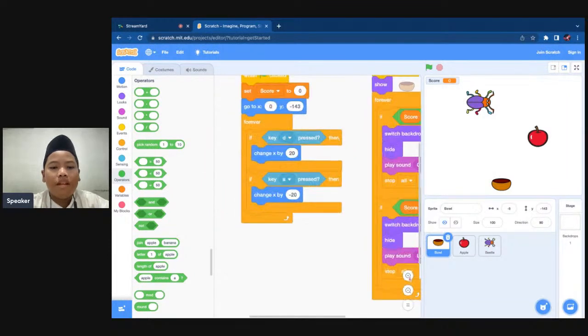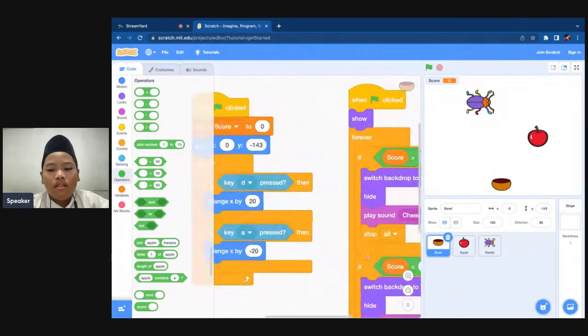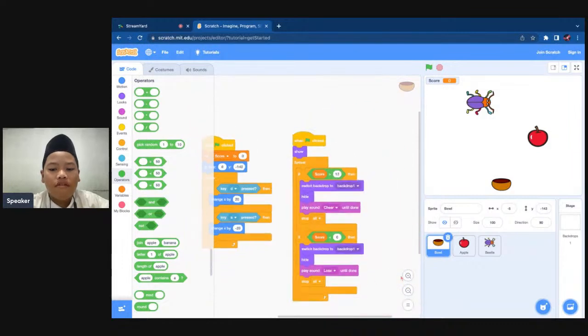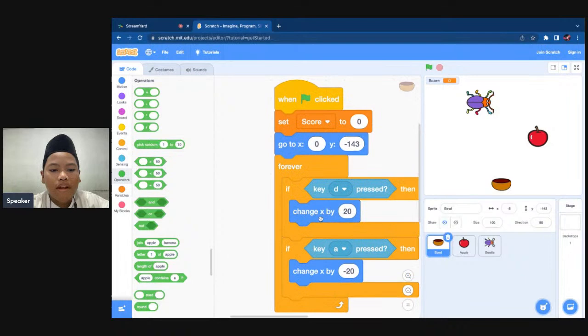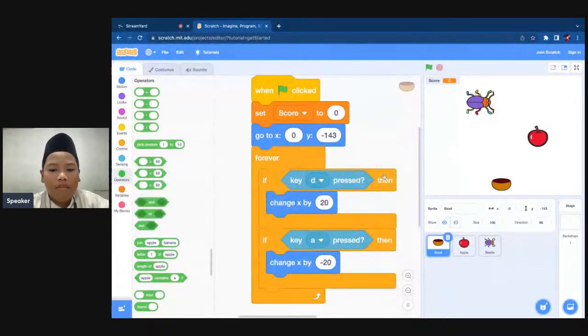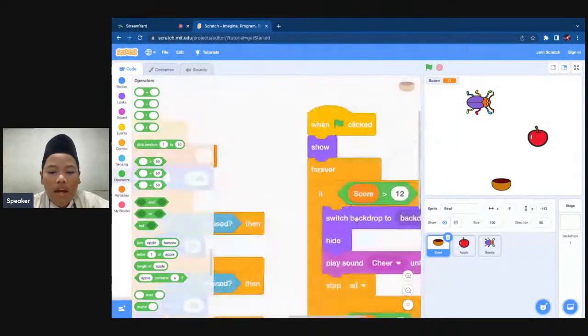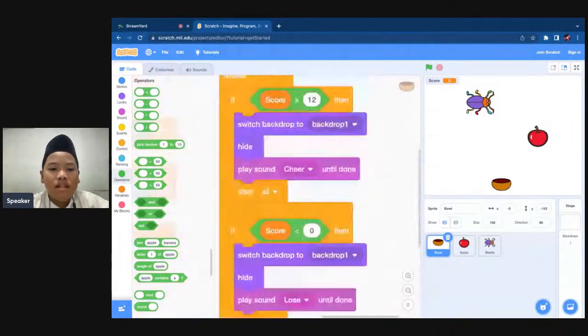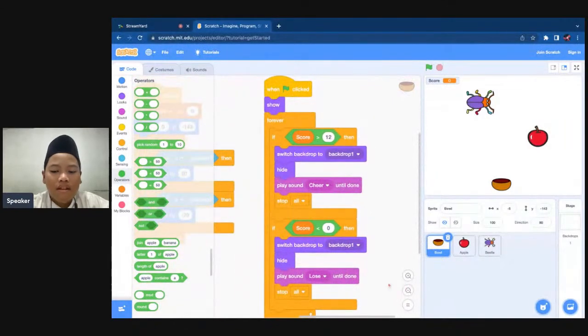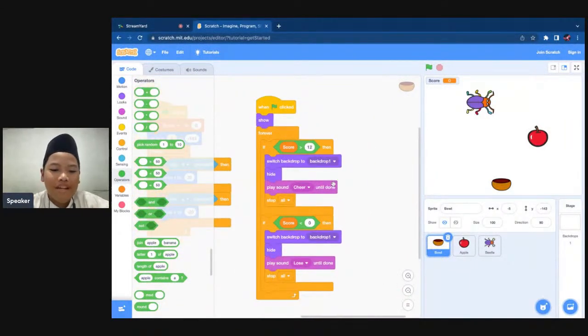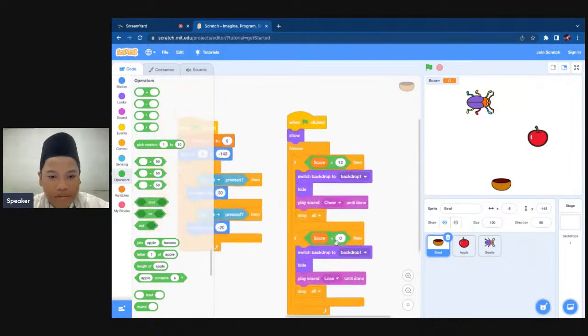If you can see, the code will be like this. The ball code will have two sets of blocks. The first one is the position of the ball and the score sets and the movement of the ball controlment. And then the second row of blocks is to indicate the score, that if we make it to the right amount of score, we will win, and if we don't, we will lose.